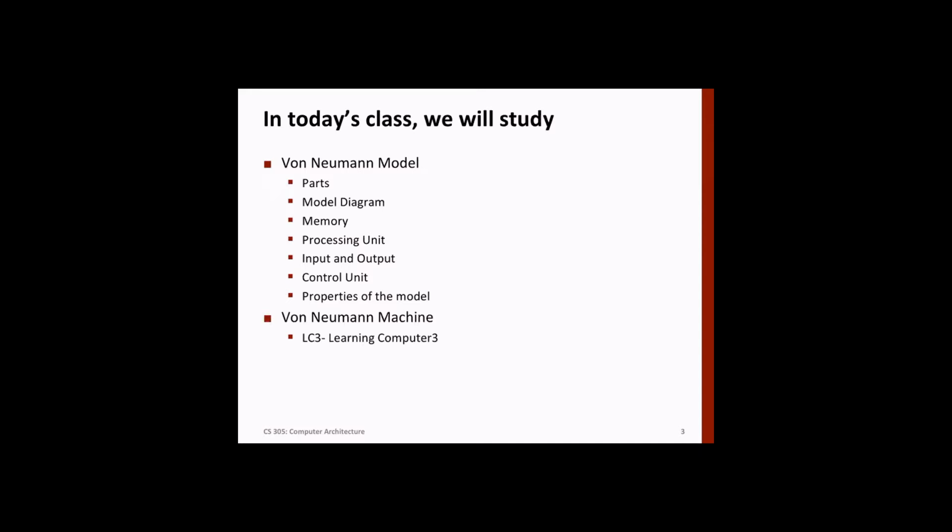Okay, why are we studying this model? See, all the computers that we use today are based on this model. Of course, people have been changing a few things in the model. Like this model doesn't talk of parallel processing or overlapped execution of instructions, but if you leave a few things apart, all computers of today follow this model. So it's very, very important to understand this model first, and then we'll go on to actual microprocessor implementation. Like, we will take maybe RISC-4, RISC-V, and then we'll also look at Intel. Okay. So it's really an important model.